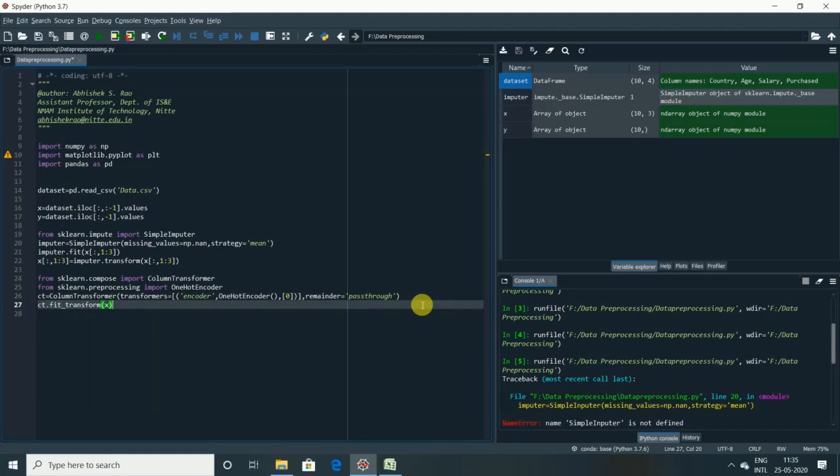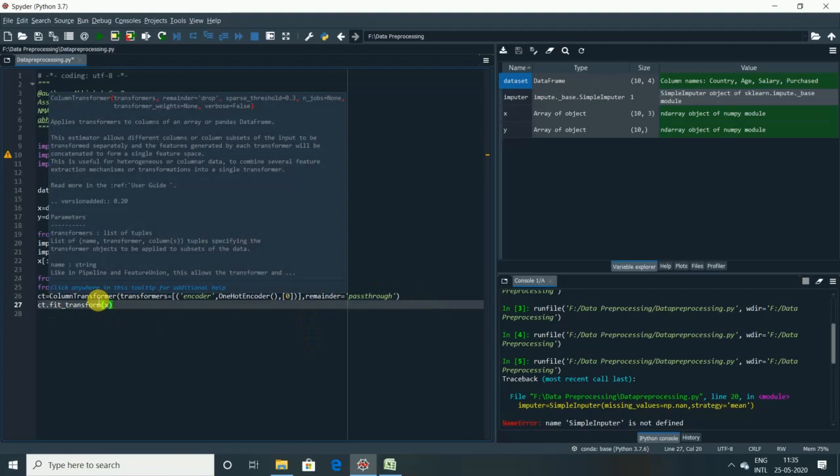Now what happens here? The fit_transform method will not return the output as a numpy array, and it is absolutely compulsory to have X as a numpy array, because this is expected by the future machine learning model which we are going to build.